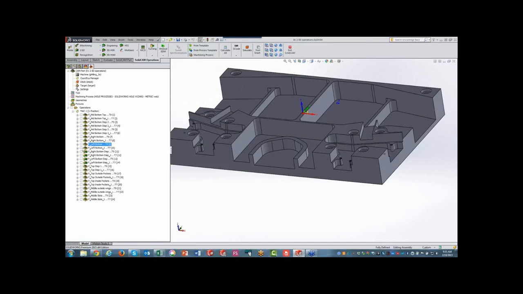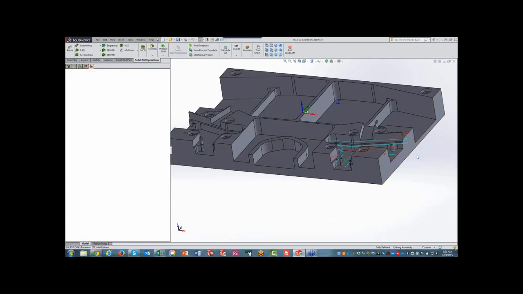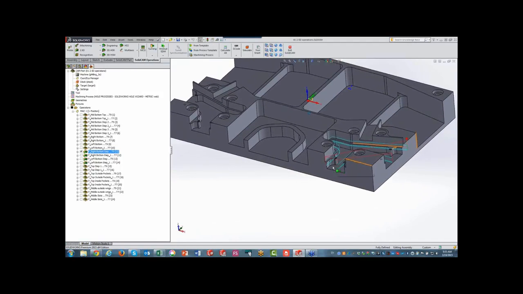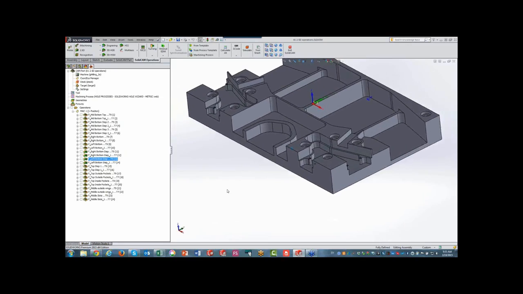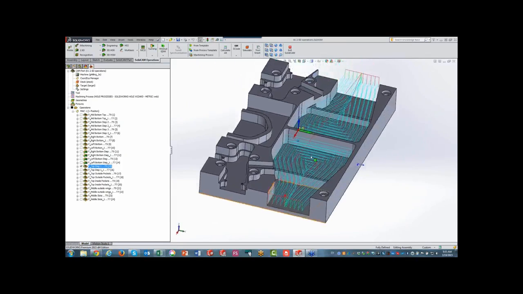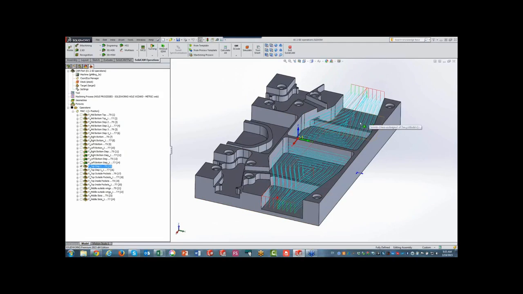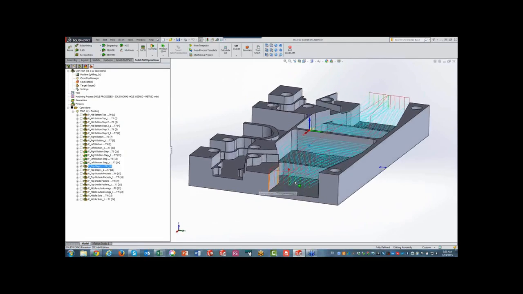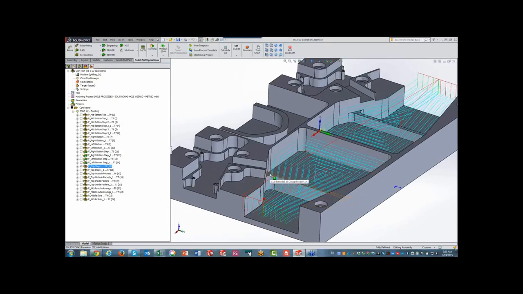And if we go to this area over here, you can see I had these steps I had to take into consideration. So we had a chain for that, as well as the steps on the other side over there. Okay, again, because of two different depths, two different operations. Now let's go to this area over here. This area over here, I had to machine out this pocket over here. Now you'll note when I did this, it only went down to this step. If we take a look at this geometry,